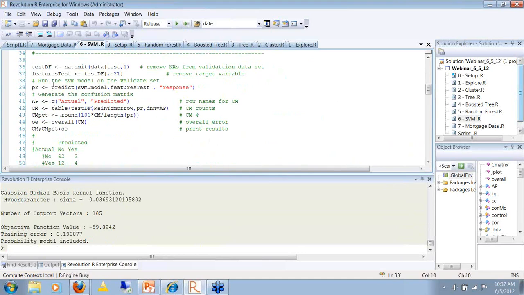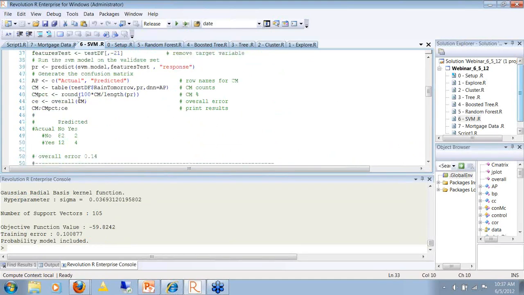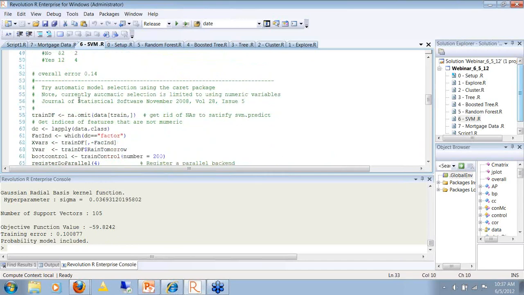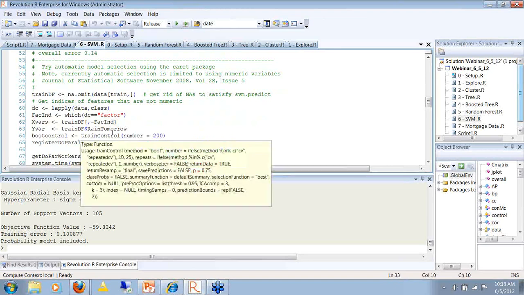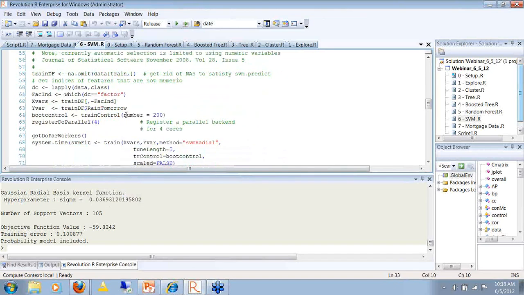Then over here, this can do the kind of thing to predict the results in the test set. I'm going to skip that, and I'm going to go through now and start off a simulation. This is a function from the Caret package that is automatically going to go through and decide what's the optimal combination of parameters in the training of the model.